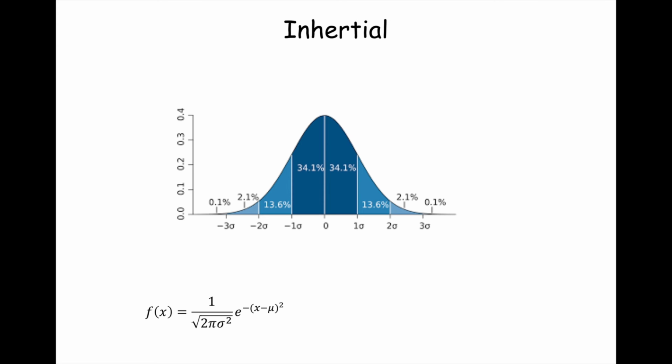And the interesting part about this is that if you were to do an integral between the bounds of certain distances away from the mean, and that distance is measured in terms of multiples of standard deviations, you're going to get a certain percentage of the total probability. So if you go minus 1 standard deviation and plus 1 standard deviation, and were to take the area under the curve of that region, you're going to get about 68% of the probability, right? If you go plus or minus 2 standard deviations, from minus 2 sigma to plus 2 sigma, and you integrate everything, you're going to get about 98, 99% of the probability mass, right?